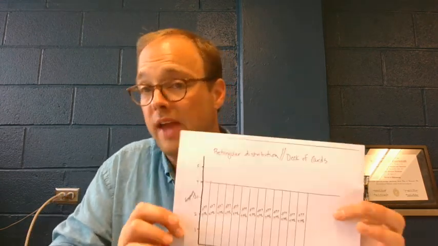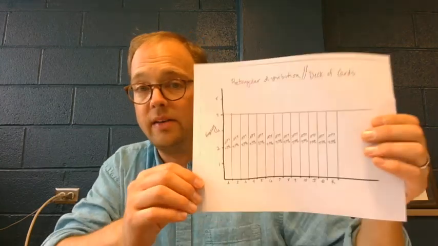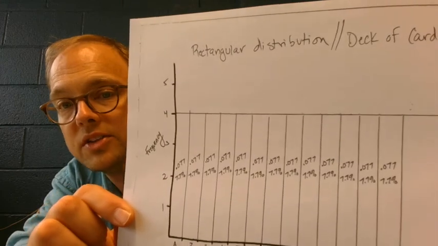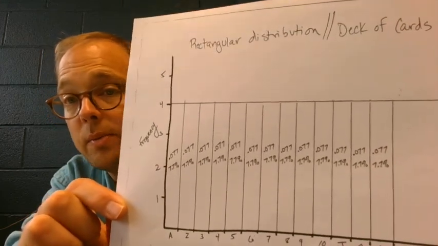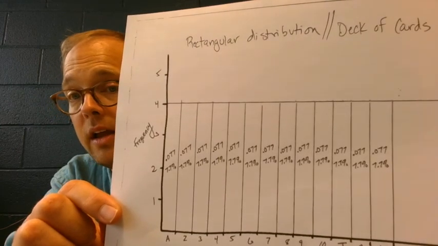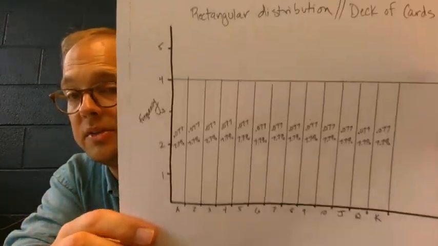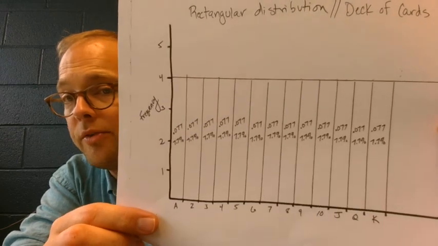Now, the name of this handout, I should have started with this, I suppose, is Rectangular Probability Distribution Drawn. So it's a drawing of the rectangular probability distribution. If you haven't already, go ahead and pause the video and find this and print it. If you don't have it, just look at your screen. I have repeated the probabilities of each event occurring based on a random draw from the deck. Starting down here with aces,